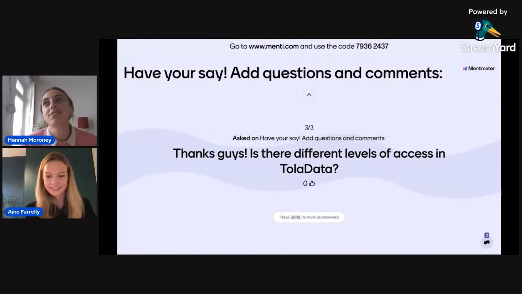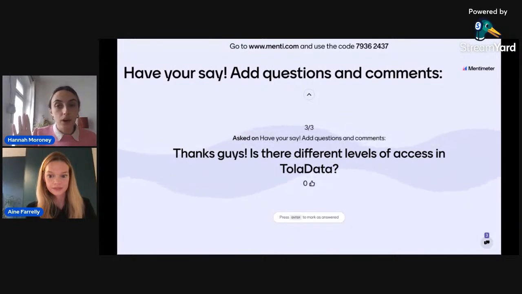There are different levels of access in TolaData. To explain this, let's think of it as 2 types of user. Firstly, there's what we call the org admin. The org admin is like a super user who has access to everything on the account. They can see everything, and they can invite all of their colleagues to join them. That's usually the person who goes to toladata.com and signs up the first time, but you can change that if you need to. The other type of user is just your standard Tola user.